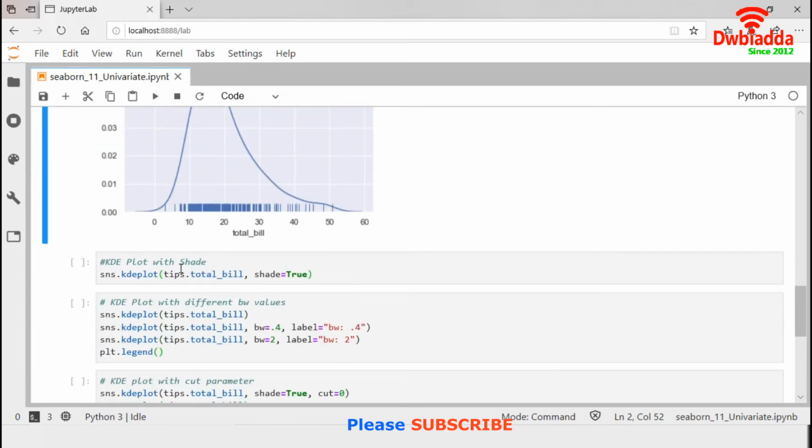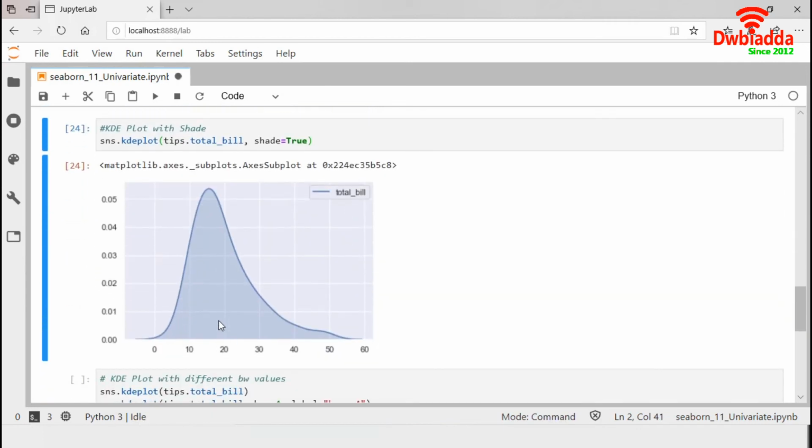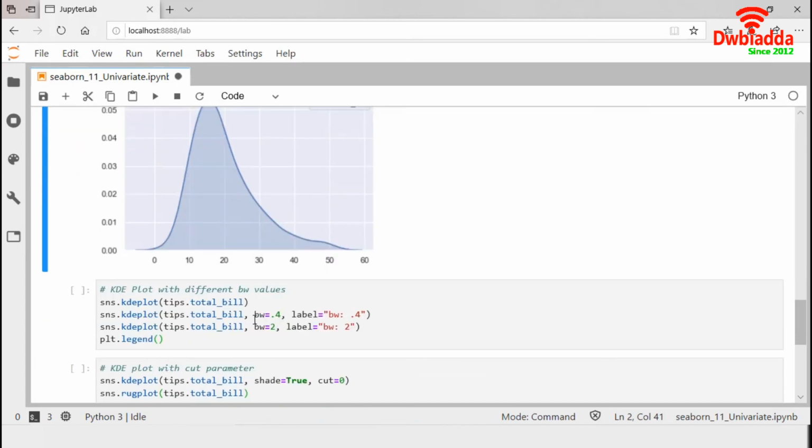Now we will use the shade parameter in the kdeplot function. It will indicate the shaded region of the KDE plot. All the frequencies of total bill data samples are in this shaded region. Now we work with this bandwidth parameter. This parameter of the KDE plot controls how tightly the estimation is fit to the data.